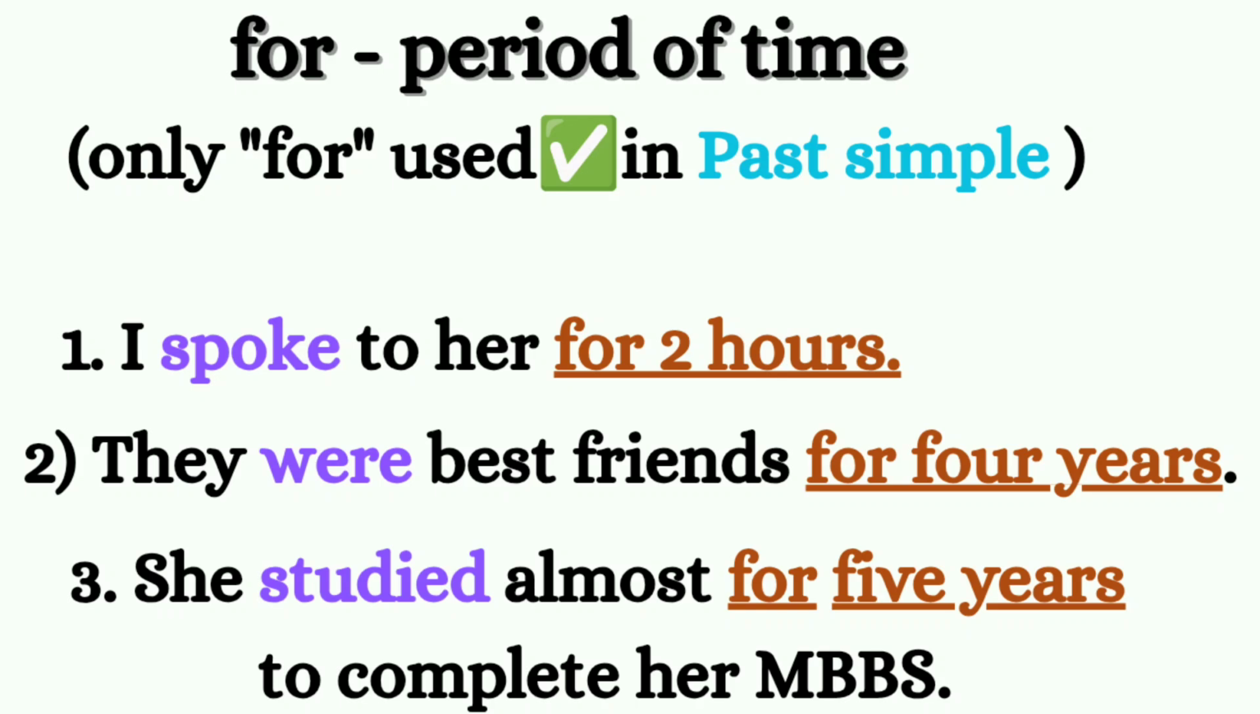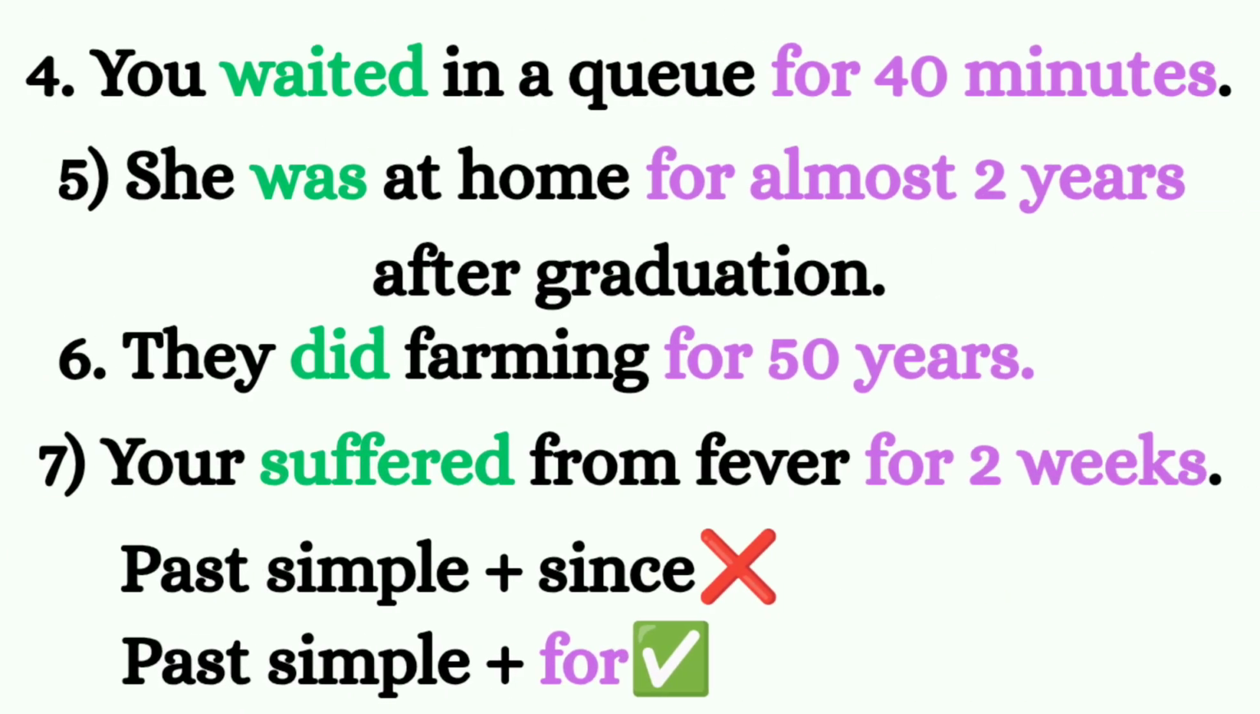So we will see another 3 to 4 examples. You waited in a queue for 40 minutes. She was at home for almost 2 years after her graduation. These actions happened in the past. They did farming for 50 years. You suffered from fever for 2 weeks. These actions completed in the past, and in order to emphasize the duration of these actions, we can use for,